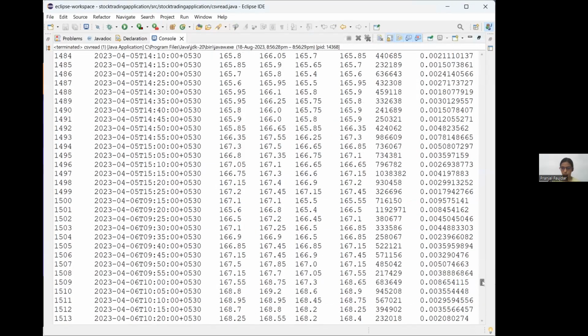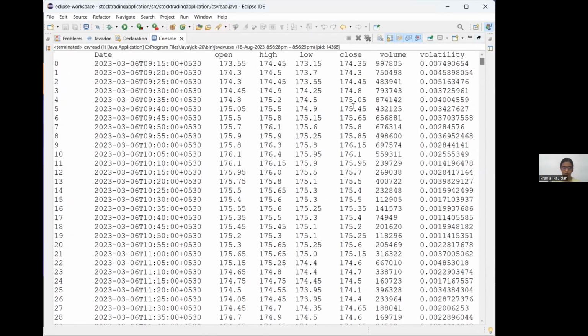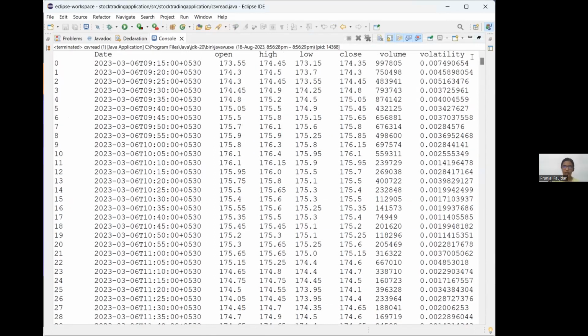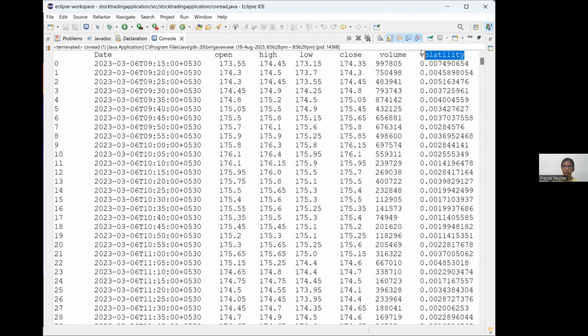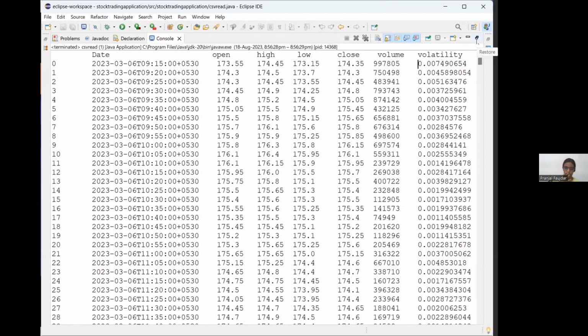Here, yes, this is the CSV file which I read, and I have also added a column of volatility to find out the daily fluctuations in prices. So we can find out what fluctuations are happening daily in the trading market.